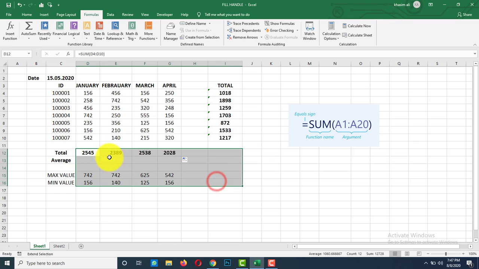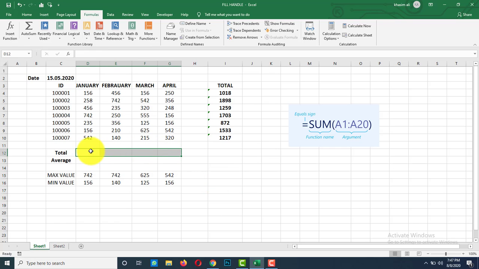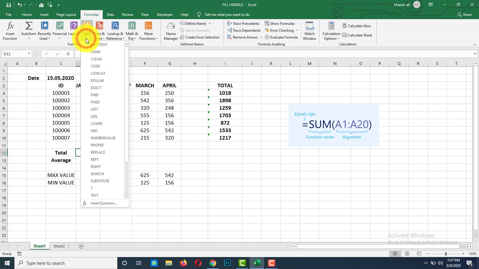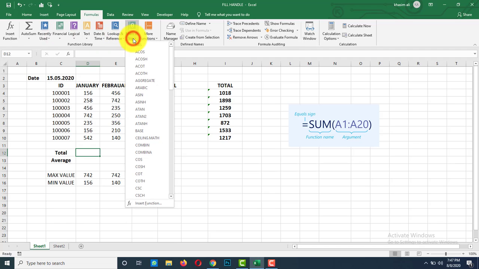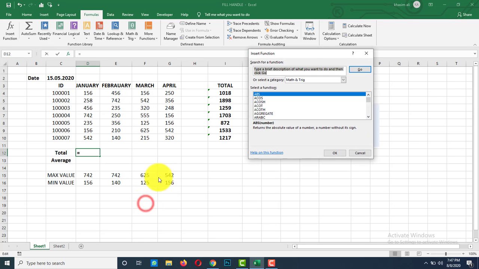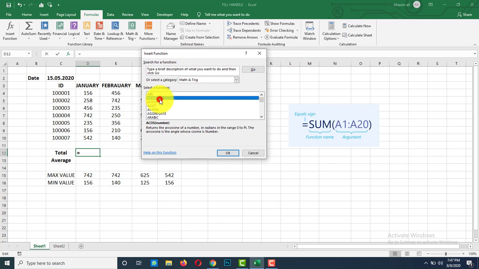Or you can enter from the Insert function option. If you select insert function here, it shows a dialog box. For every function, it shows the text about that function. For example, I am selecting average here. It shows the text for that: average returns the average of its arguments. Select OK.